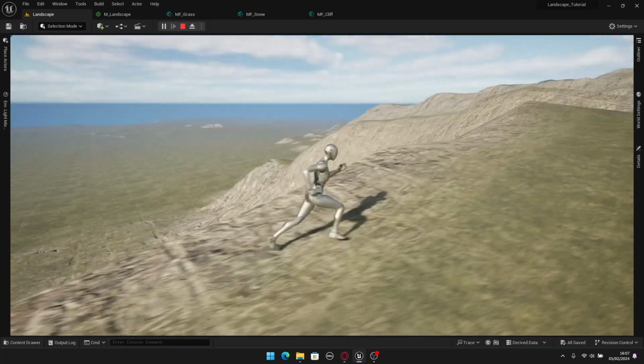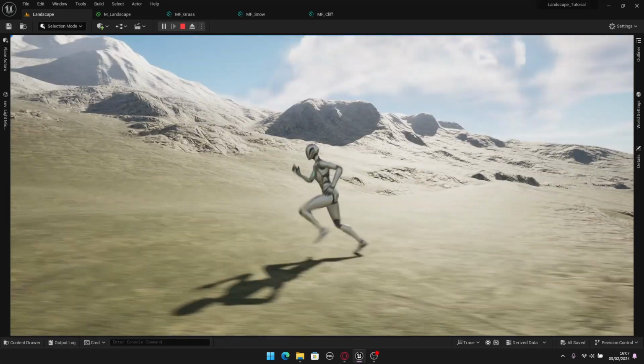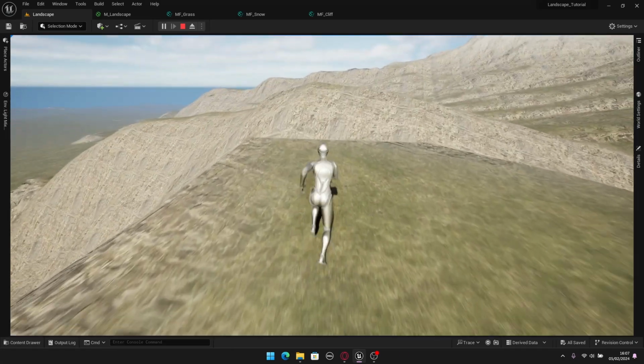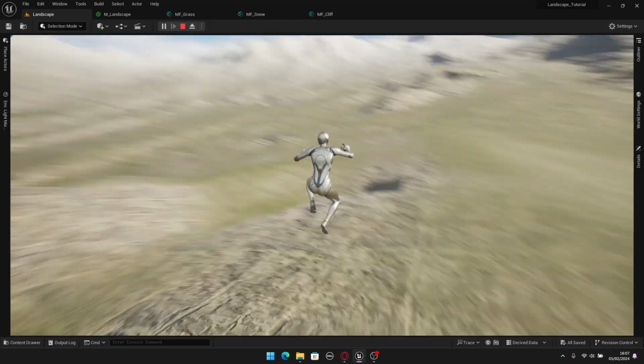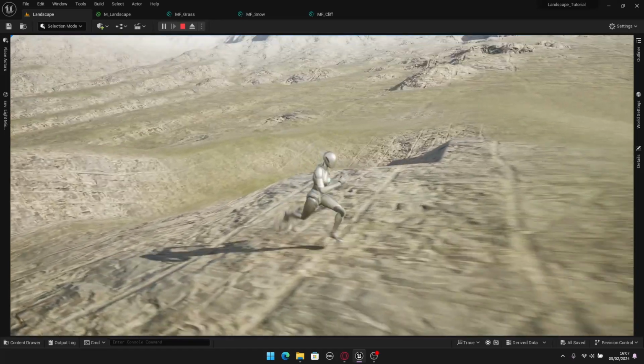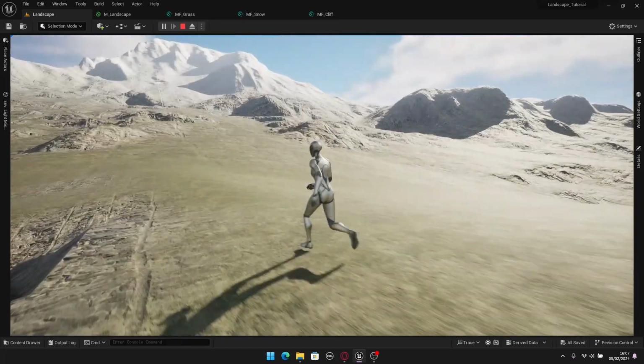In today's video, I'm going to show you how you can create this landscape auto material to paint the landscape that we created in the last video. So if you didn't see that video, I definitely recommend that you check it out so you can create your